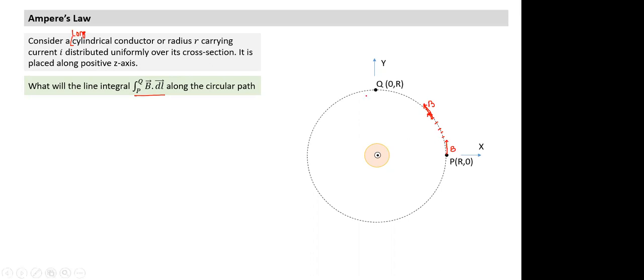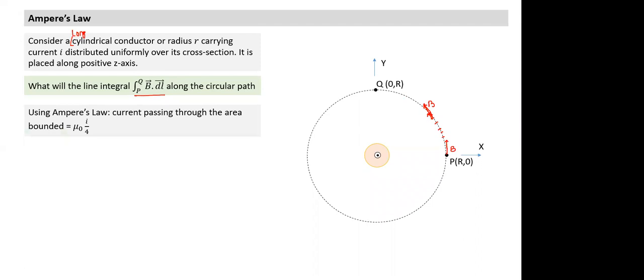And what would this come to? You understand the clear difference. It is not necessarily along a closed path. It can also be evaluated along an open path. What would this come to? Since everywhere along the path it is B, it will be equal to B into 1/4 of the perimeter.